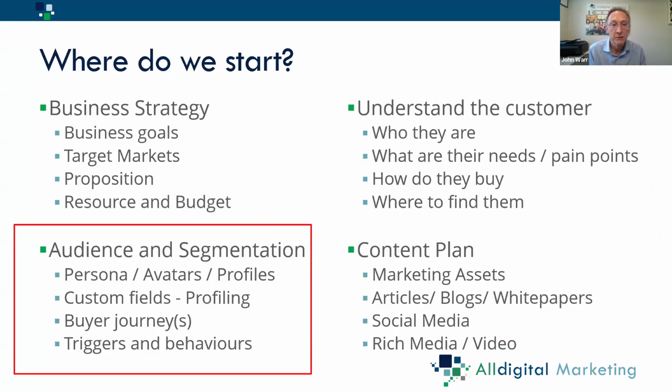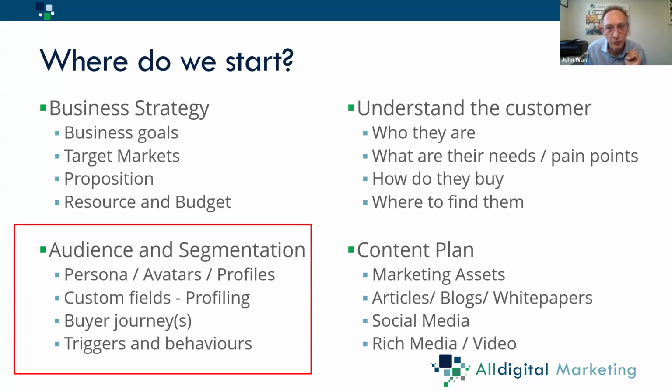Quite a lot of companies can go to a lot of work to put together a content plan. I was talking with a client about a week ago who had something like about 100 videos, about 50 different articles, blog posts and white papers, posted 2 to 3 times a week, did a load of rich media. At least he had a content plan with loads of marketing assets, but wasn't getting business. And we also have those people who start to understand the customer. We know what size of company it is, what their needs or pain points are, because we've used that as part of the marketing process.